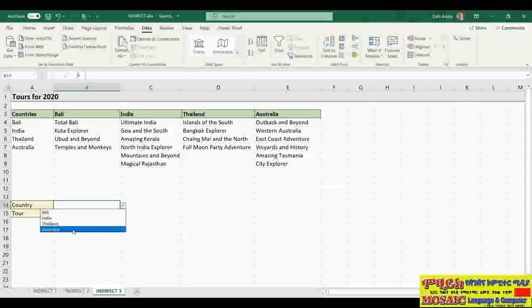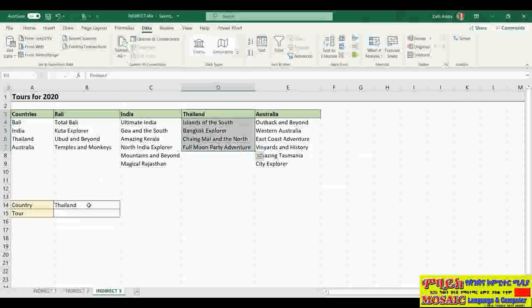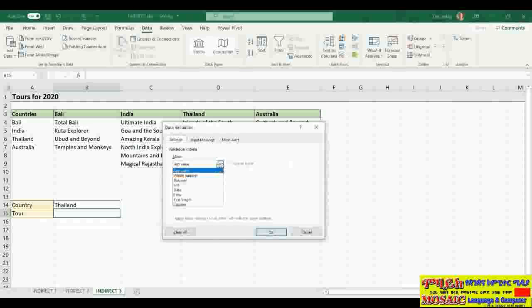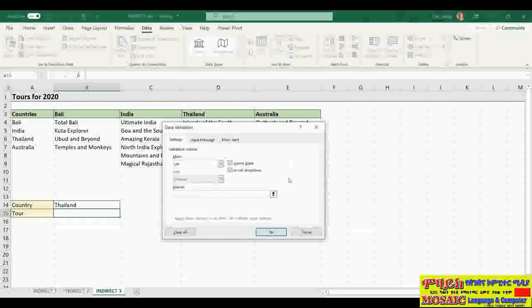So what essentially I want to happen is that if I select Thailand in here, when I click down in tour, I want another drop-down list that's going to show me all of the tours available for Thailand. So I'm going to click in cell B15. I'm going to jump up to Data Validation. I'm going to select List again, and this time my source, I'm going to use the INDIRECT function. So I'm going to say equals